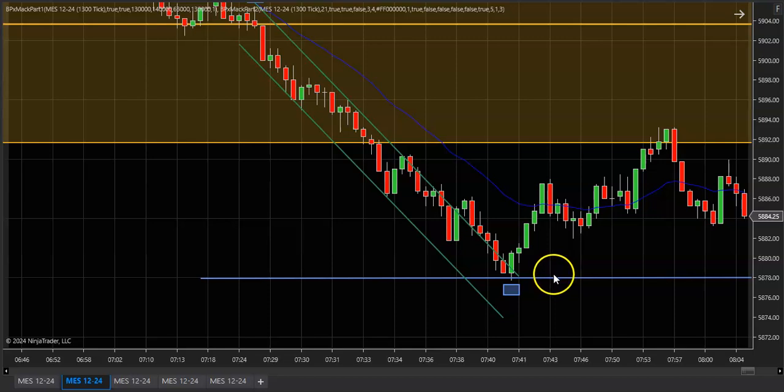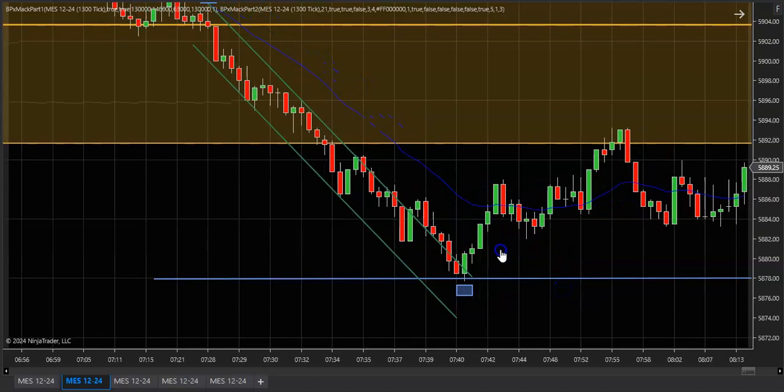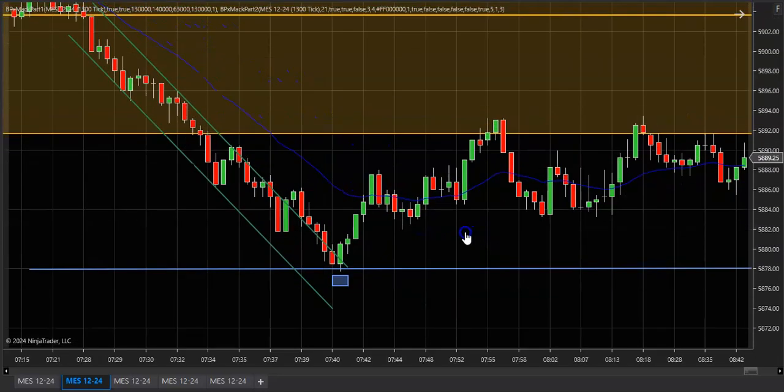But you probably want to exit once you see that big bear bar. And we get two legs up to this. Technically this is a first entry, but I like this short because it looks like a two-legged pullback, and we're testing that measured move,